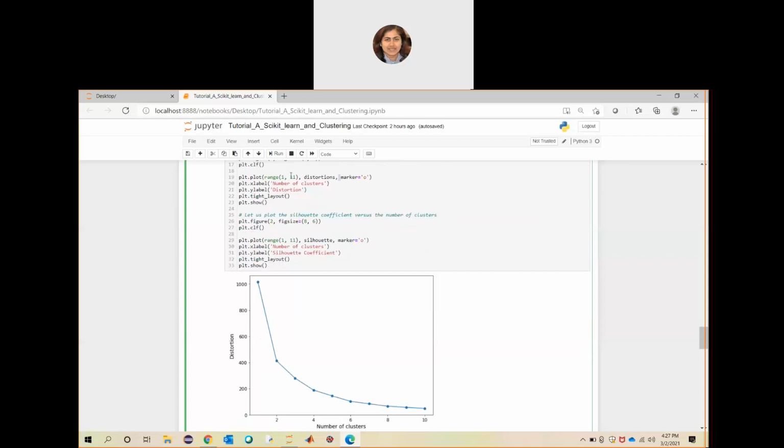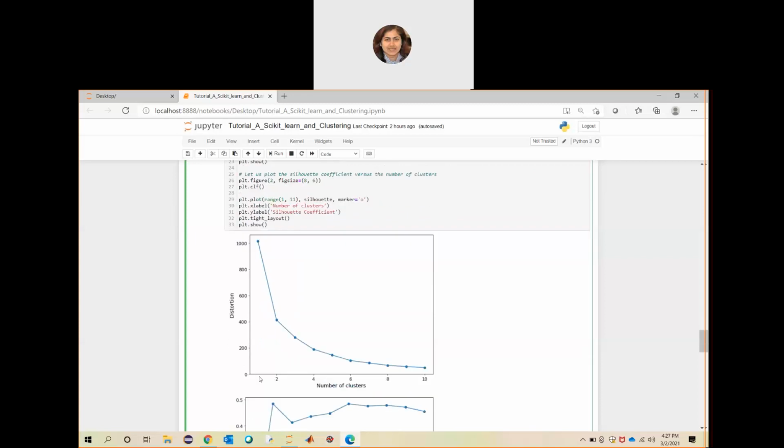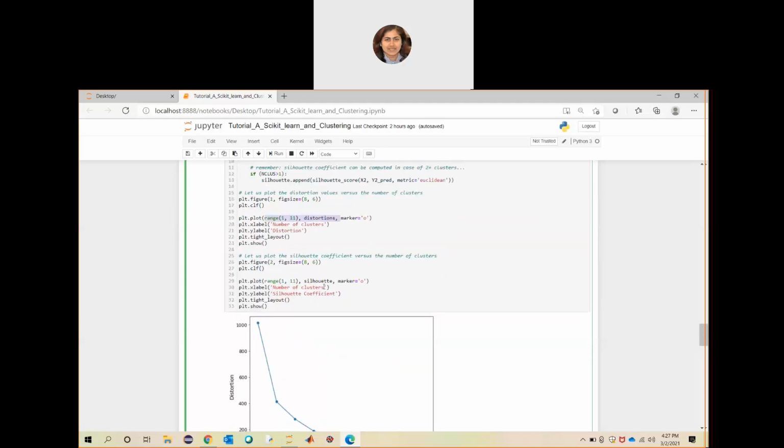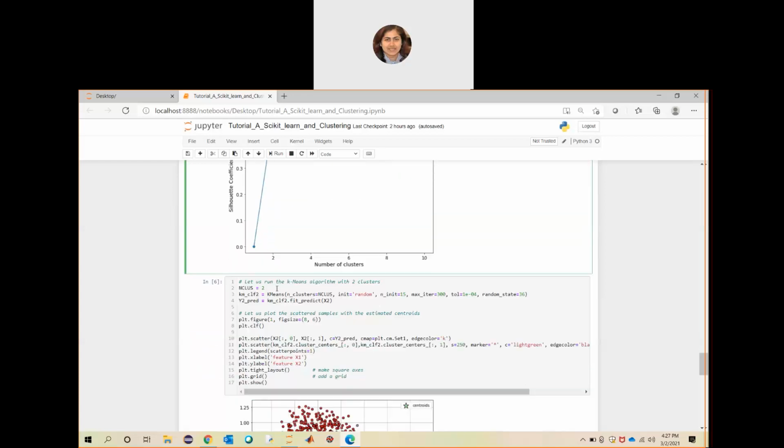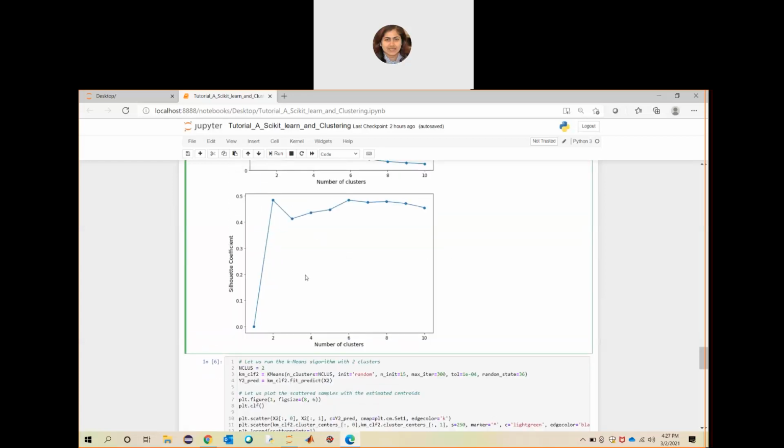The first one is for distortion within the range 1 to 11, so you can see 1 to 10, because of the range function. In the next plot, you are using the Silhouette values that you got, and it is giving you the Silhouette coefficient plot in this way.